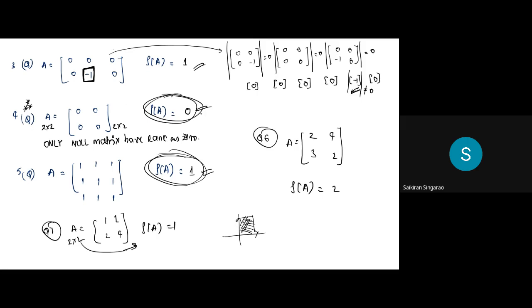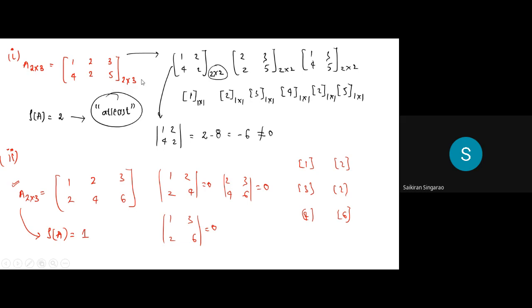The meaning rank is saying is, if the rank is the same as the dimension, whatever it is, 2 cross 2 or 2 cross 3, then also I can take 2 cross 2 only. Why? Because for 2 cross 2, what are the sub-square matrices I can form? 2 into 2 only I can form. If it's a 3 cross 4, I can form only 3 into 3. If it's a 4 cross 5 or 5 cross 4, I can form only 4 into 4.